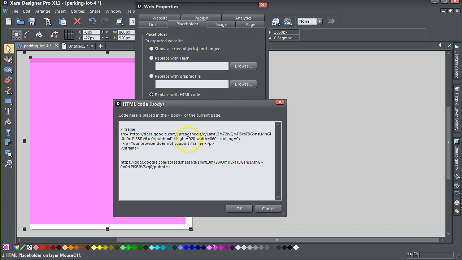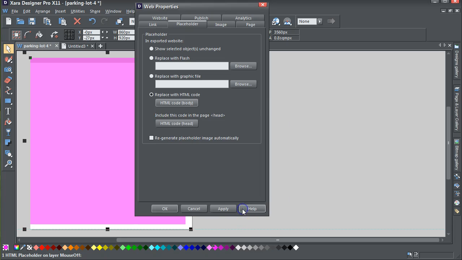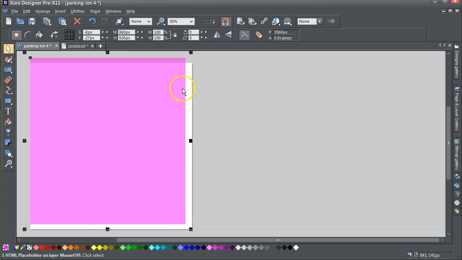And then you've got to have the height equals and the width equals and scrolling equals 0. The width and the height can be a bit difficult to work out to start off with, but it's not that difficult anyway. So I'll just go Apply with that, and if we just go and preview it,